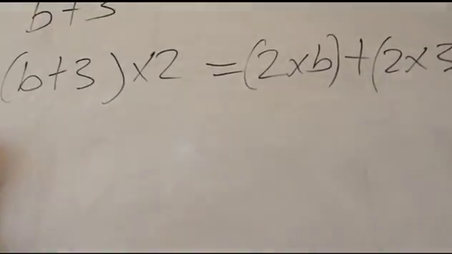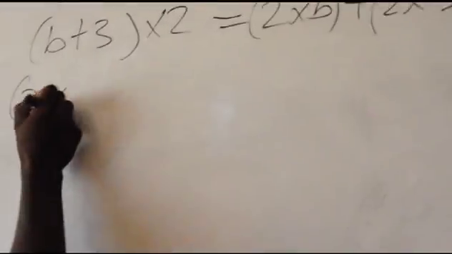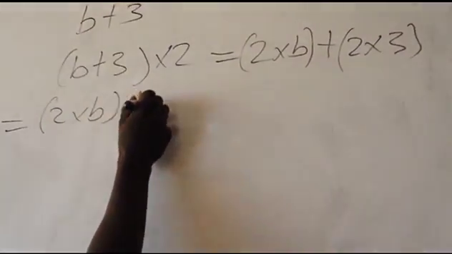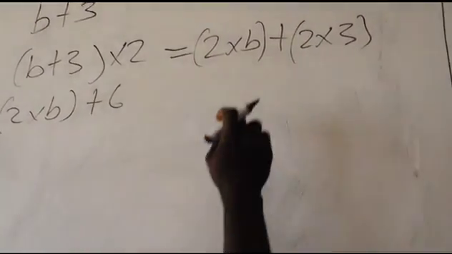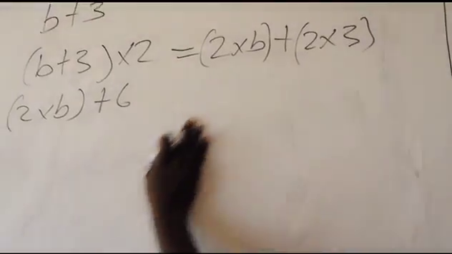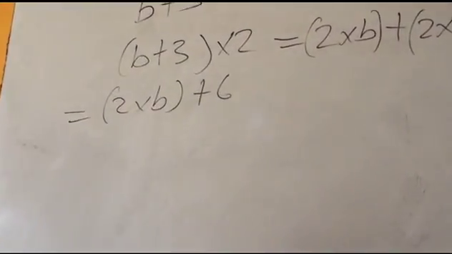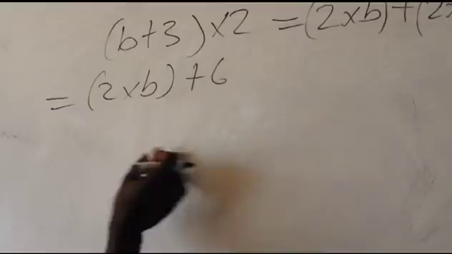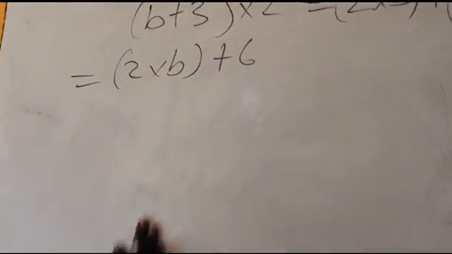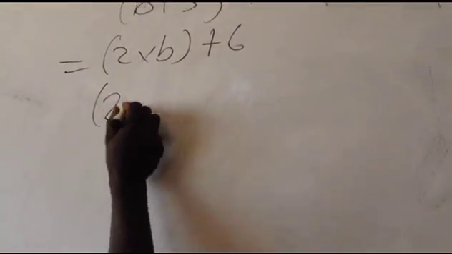So it will be equal to 2 times b plus 6. That's 2 times b plus 2 times 3, which is 6. Now, they say add the number you first thought of. And the number we first thought of is b. So we say 2 times b